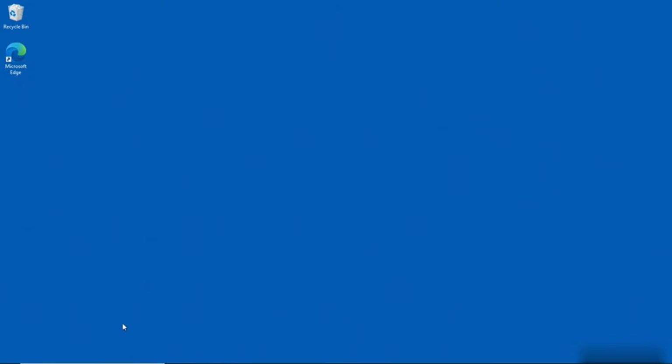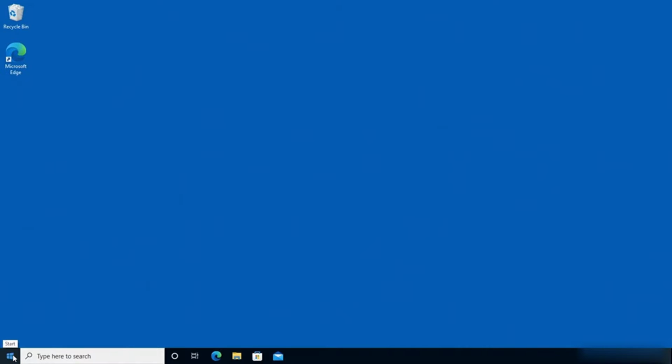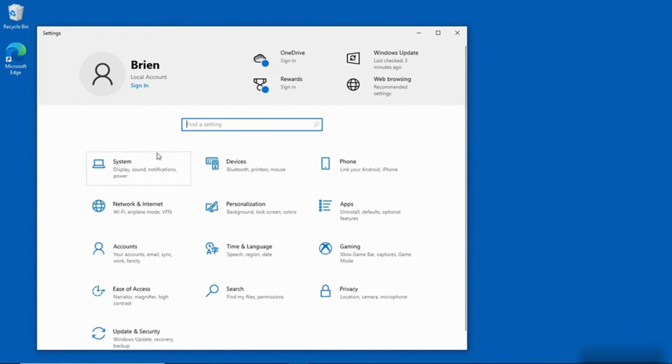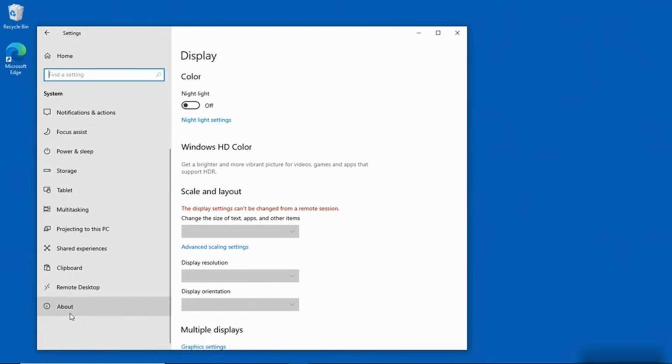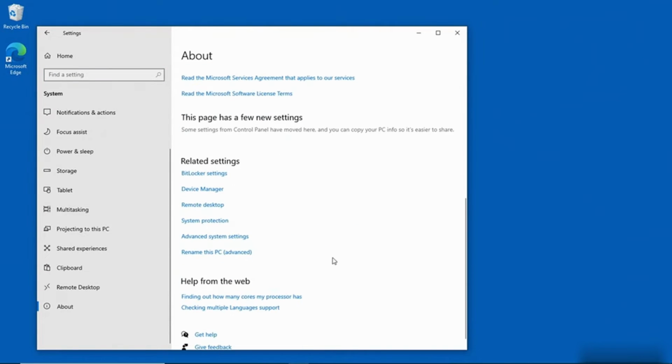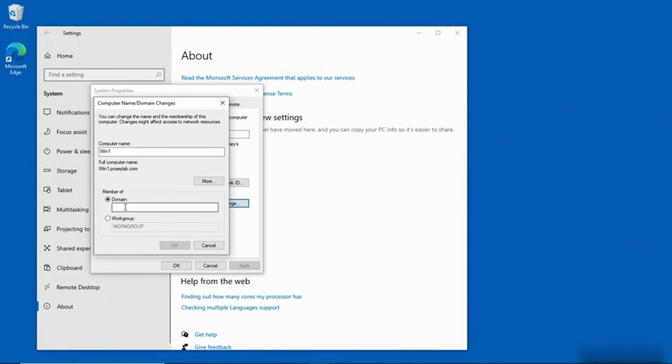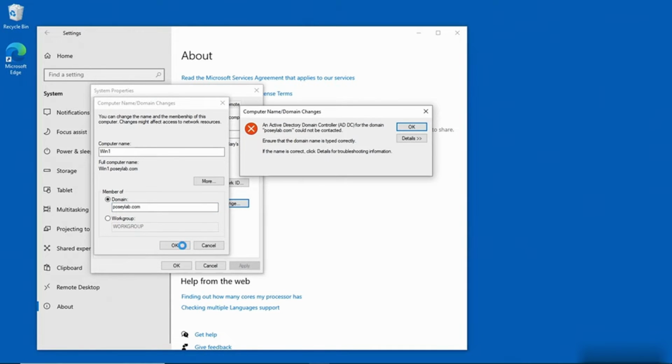I'm on a non-domain joined Windows 10 machine. So what I'm going to do is click on the Start button and go to Settings, and then click on System. Then click on About, and then Rename this PC (Advanced). So I'll click on Change, and then click Domain and type in my domain name, posylab.com. I'll click OK and I get an error message saying that an Active Directory domain controller for the domain posylab.com